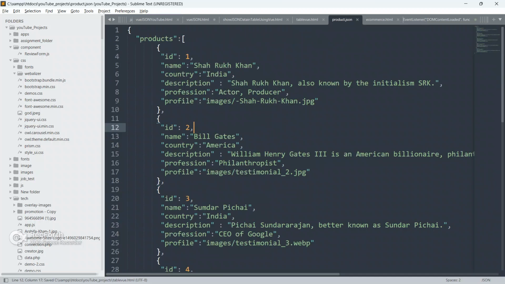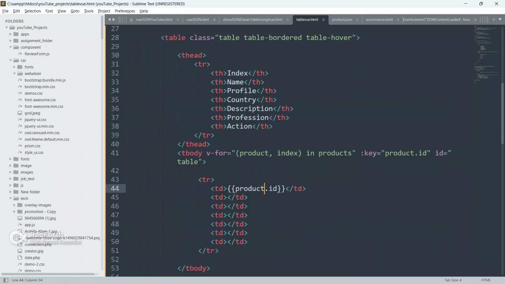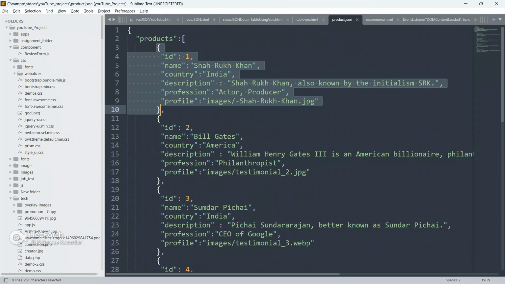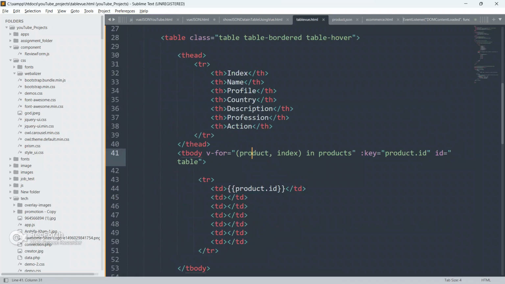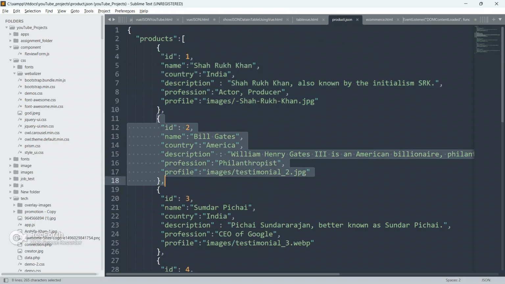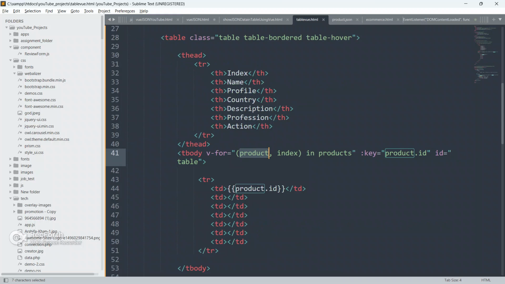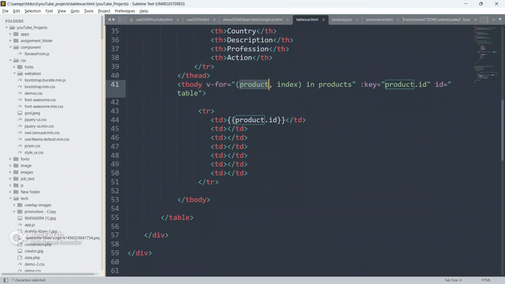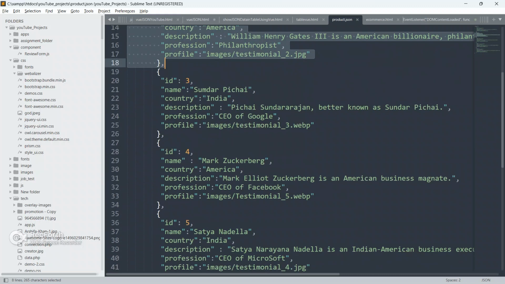Now as you all know, it will loop through all the elements. It will loop through the first element and put it inside this product. This for loop will loop through the first element from this array and store it inside this product variable. Again, it will loop through the second element and store the value inside this product.